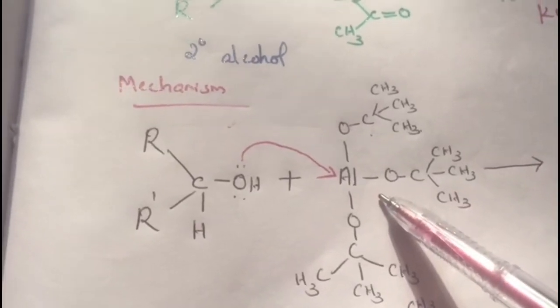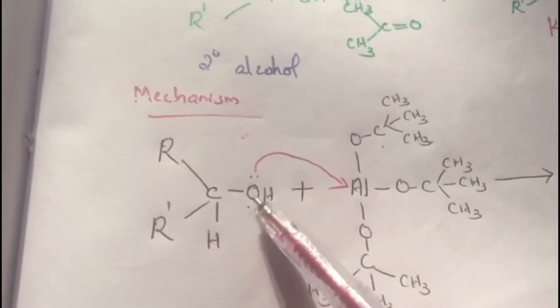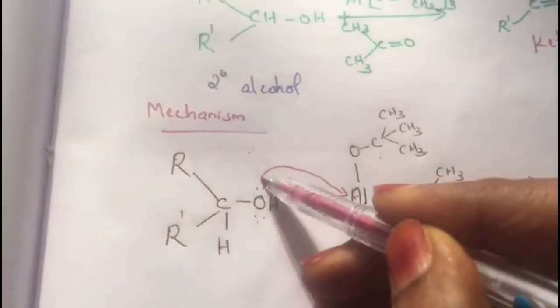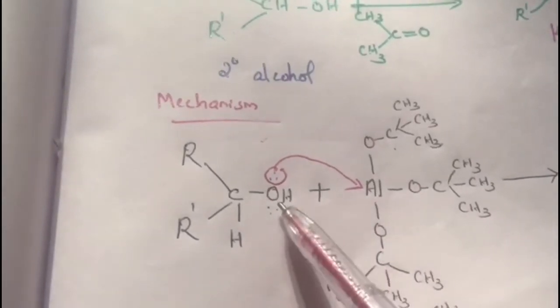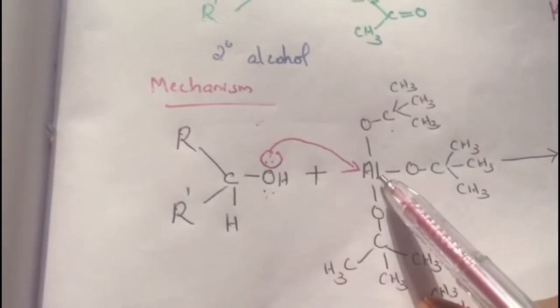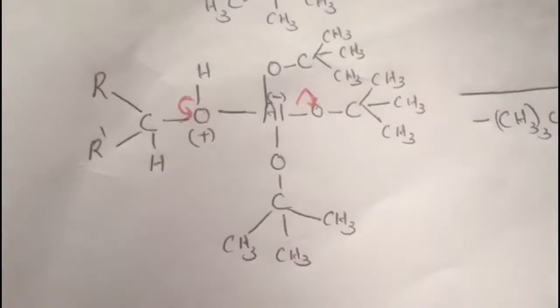It is a Lewis acid. So here this oxygen has two lone pairs of electrons. One lone pair is used for bonding with aluminium. Using this lone pair, aluminium is attached to oxygen. So we can write the product as